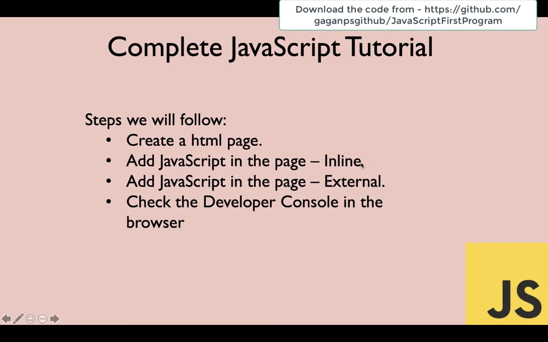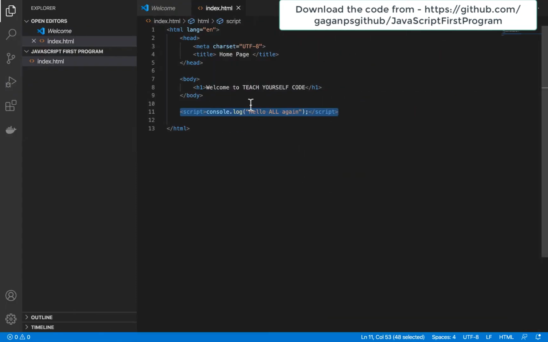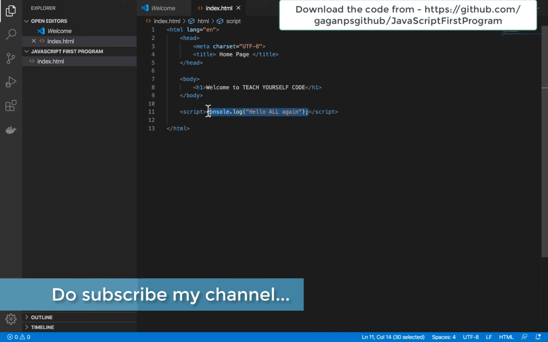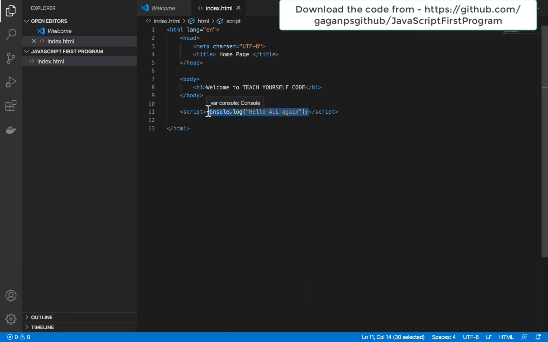So we have checked for inline now. Now we'll see for external. So I'll do one thing. I will just move this line from the default HTML page, that is index.html, to one more folder. So I will create a folder over here. I will say, let's say, console, and I will add one file over here and say console print.js. So we are providing a JavaScript file, so we have to provide it as JS.